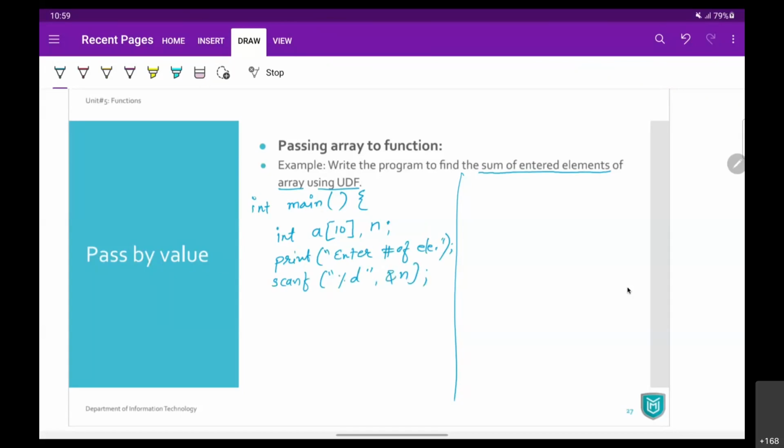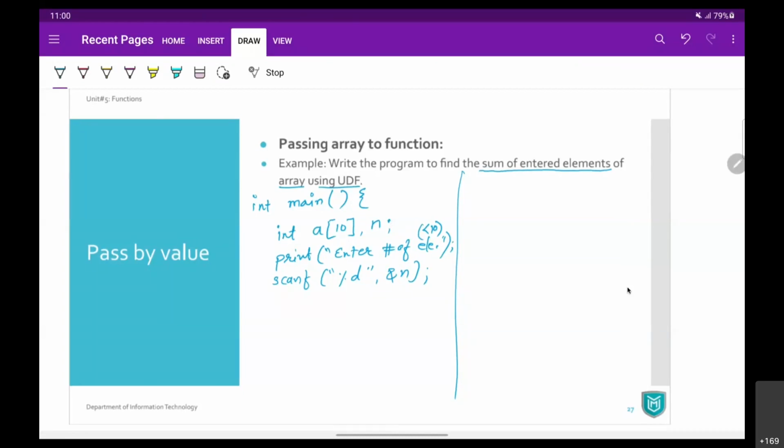So हमने user के पास से पहले element लिए. Now at this place, when you give a message, enter number of elements, it should be less than 10. So आप message डाल सकते हो less than 10 इस तरह से. So user is going to give you the number of elements. Then what we do is we run a loop and we are going to ask user to enter those elements.